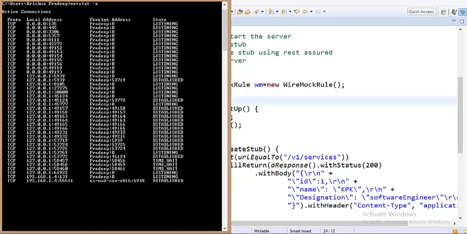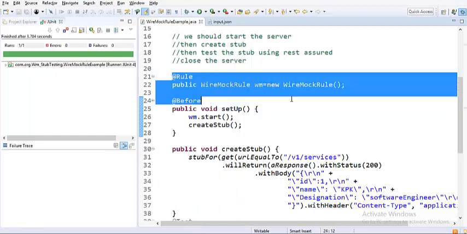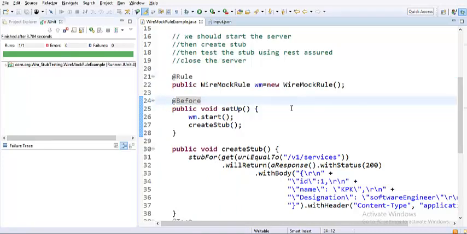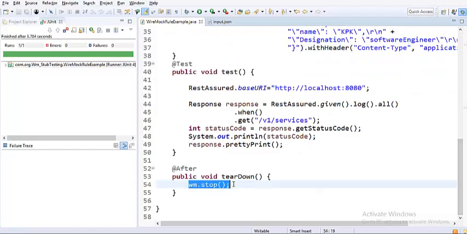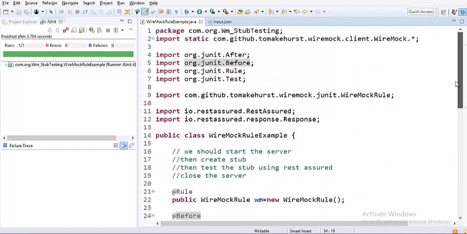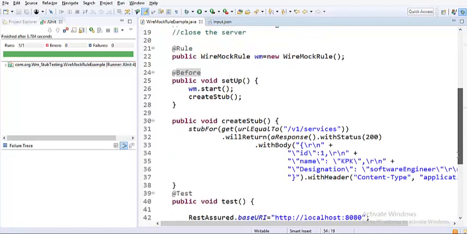The beauty of this particular @Rule annotation is that whenever we execute, only then a particular WireMock instance is created when the start method is called, and we are also ensuring that we cleanly close it with the help of the stop method at the end. Now we'll see how we create a dynamic port, because in the industry you will not always work with a fixed port. At times there would be a requirement to start different WireMock servers on different ports.